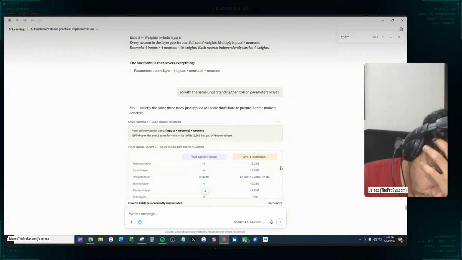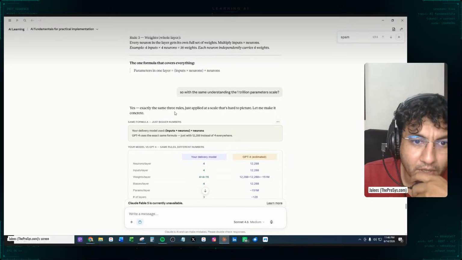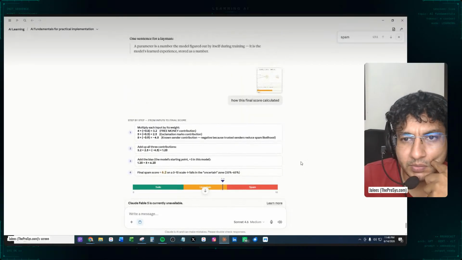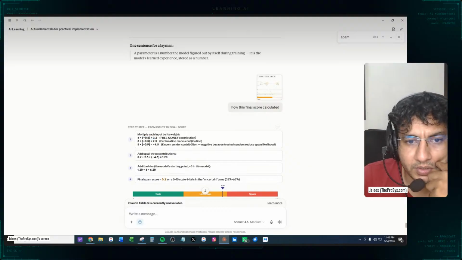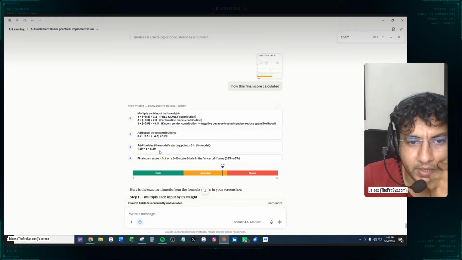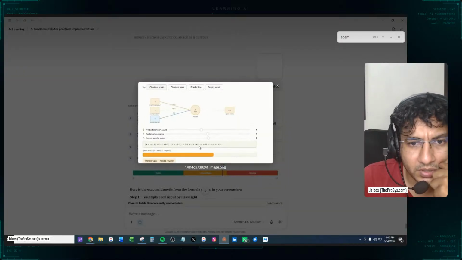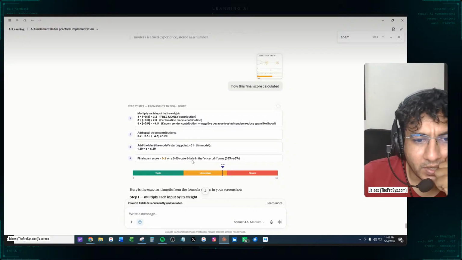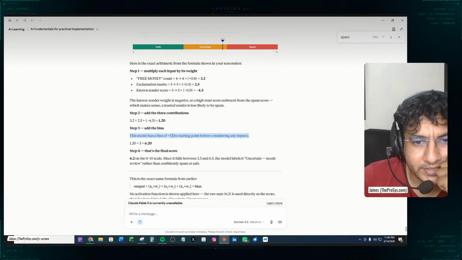अच्छा, यहाँ पे जो इन्होंने बोला है फाइनल स्कोर का कैलकुलेट करने का, एग्जैक्टली द सेम 3 रूल्स जस्ट अप्लाई टू द स्केल। ओके, नहीं यहाँ पे नहीं, ये नहीं है, यहाँ मैंने पूछा, इसका जवाब आ गया है। सो यहाँ पे है 4 इंटू दिस वन, सही है, ये इसका आ गया एड बाय एस द मॉडल स्टार्टिंग पॉइंट विच इज आई थिंक नॉट दिस। ओके, बायस यहाँ पे उन्होंने वाज़ेह नहीं लिखा हुआ।